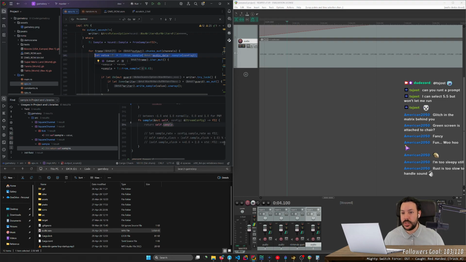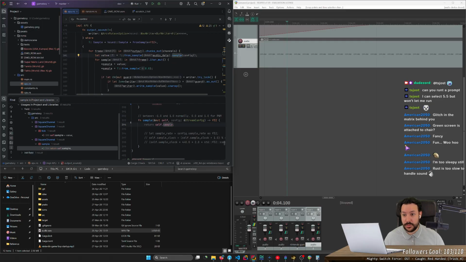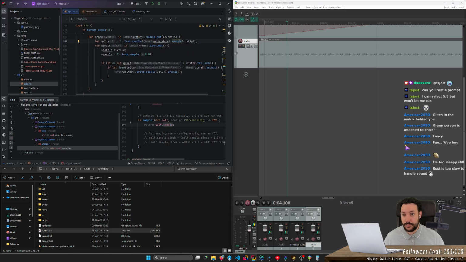Whenever this output happens, it should be reading a value from this sample here. But this sample should be updating 1 million times a second. This call right here should be happening 48,000 times a second, which means we should still be getting new samples every time. But I don't know why. It's just not working.